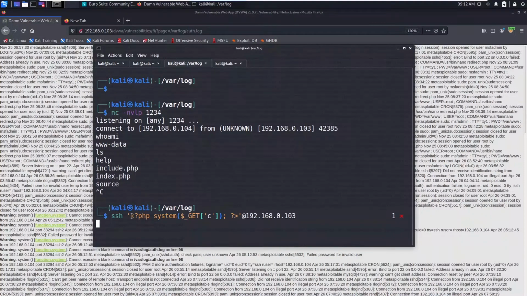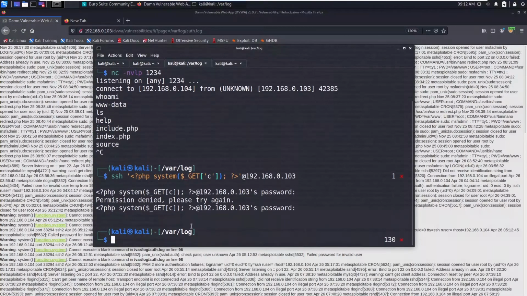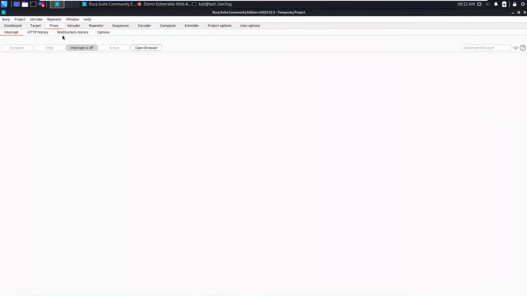So instead of the normal username, you can send this one. Now hit enter. In the password type something, blah blah blah, and exit. Now refresh this page. Let's refresh again.